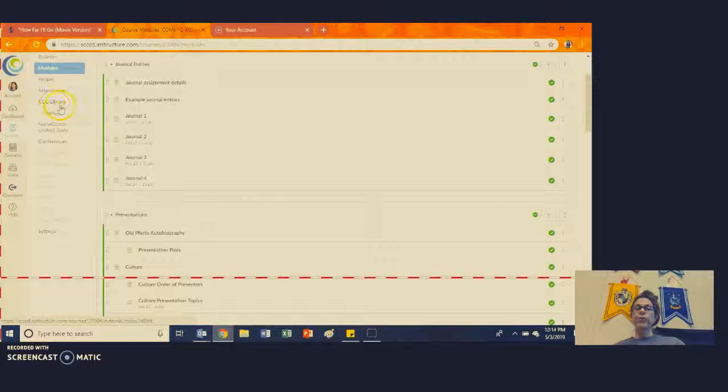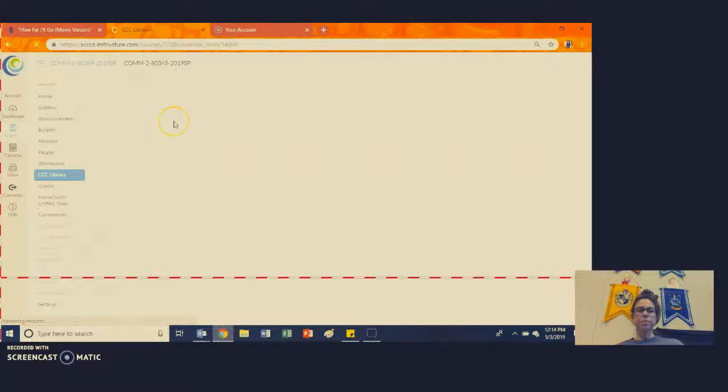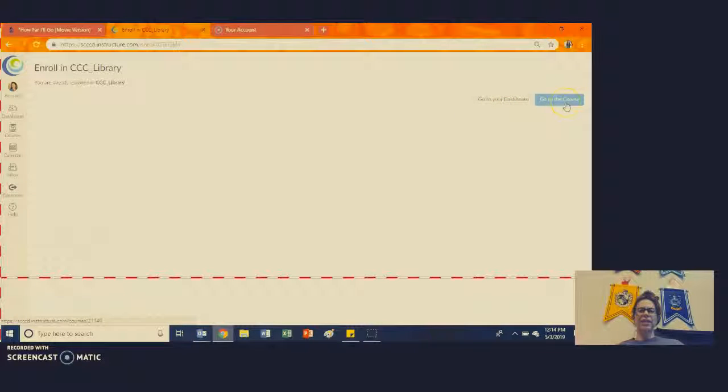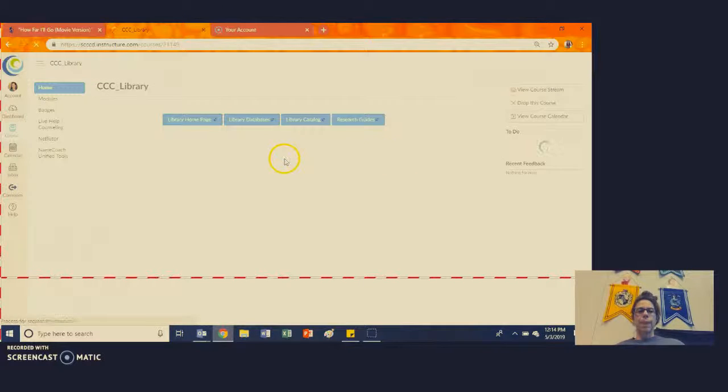So I wanted to show you first that you don't have to go outside of Canvas in order to access this. Well, I mean, you do, but you can access the link in Canvas. So right here in the left-hand menu of our classroom, we have a CCC library link. Go ahead and click that. And it will take you directly to our library page. If it tries to tell you to enroll or gives you some kind of login, just use your usual network login that you use when you try to get into things here on campus, like Canvas and WebAdvisor, etc. And you would click Go to the Course.